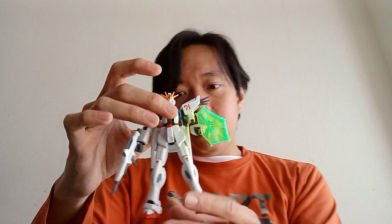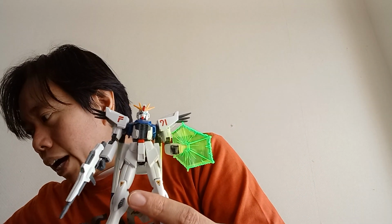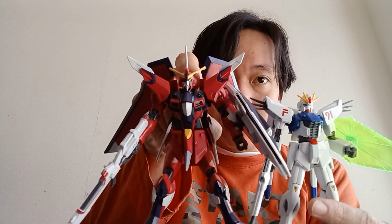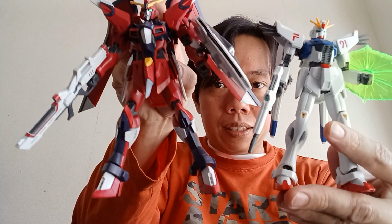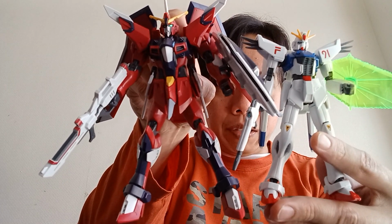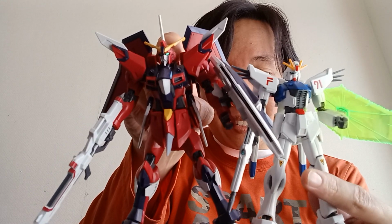So yeah, and for size comparison, again, saying that this is small, I have here other units that I've built recently. So this is the Immortal Justice, and I even have this standing in a dynamic position, so dynamic open legs or dynamic stance. You can see that this guy is significantly taller, and because of the seed action system,